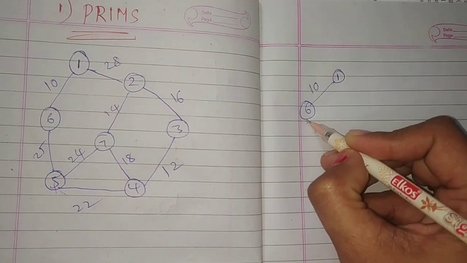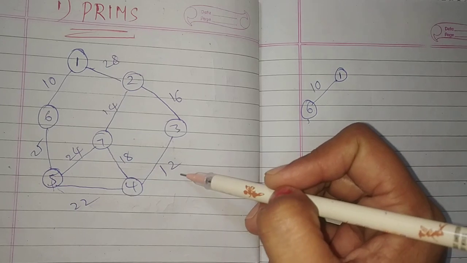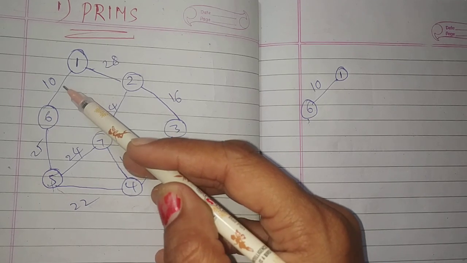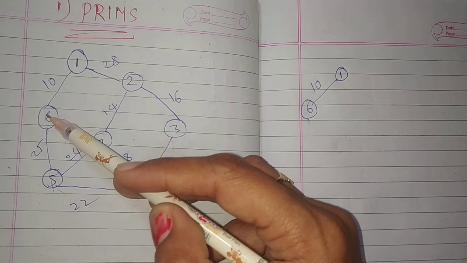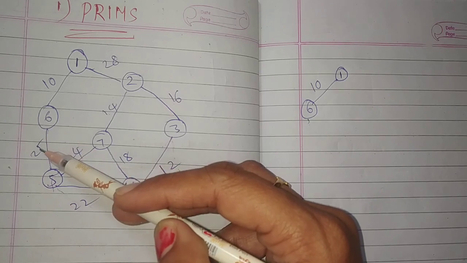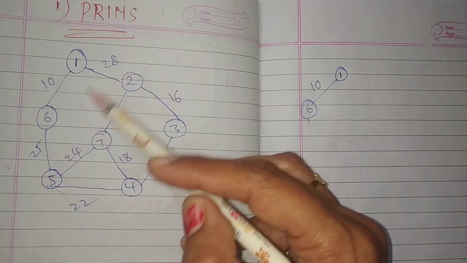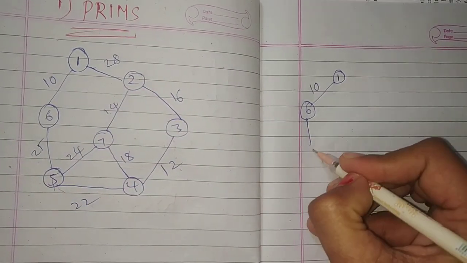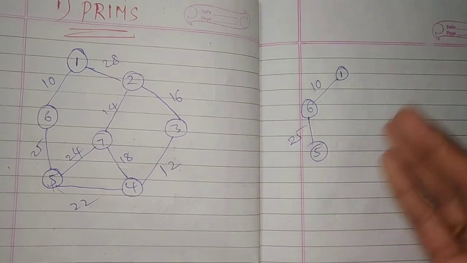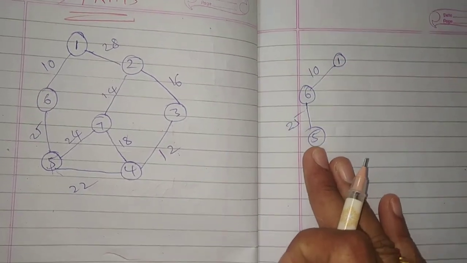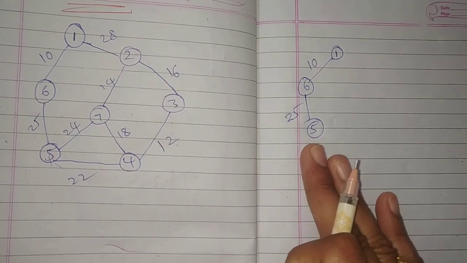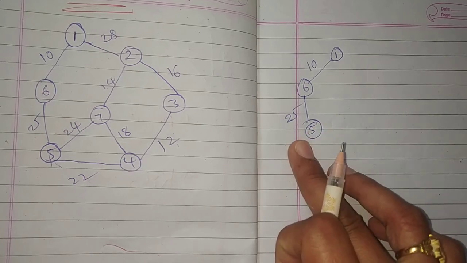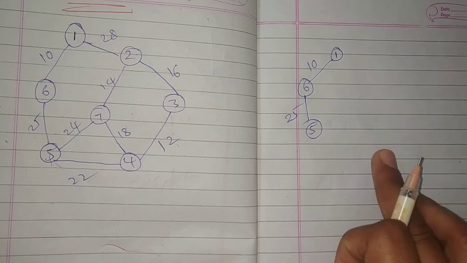Adjacent only. So, in Prim's algorithm you don't find the overall minimum cost. You just find the first minimum cost edge, then among the adjacent edges of that vertex, which is the minimum cost edge. So here, clearly between 28 and 25, which is the minimum cost edge? 25. Take that. 6 to 5 is 25. You don't take this one. Next again, take the minimum cost with this adjacent.